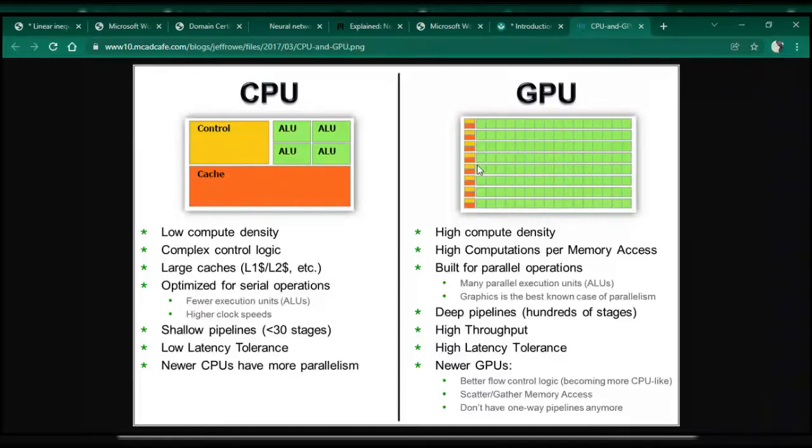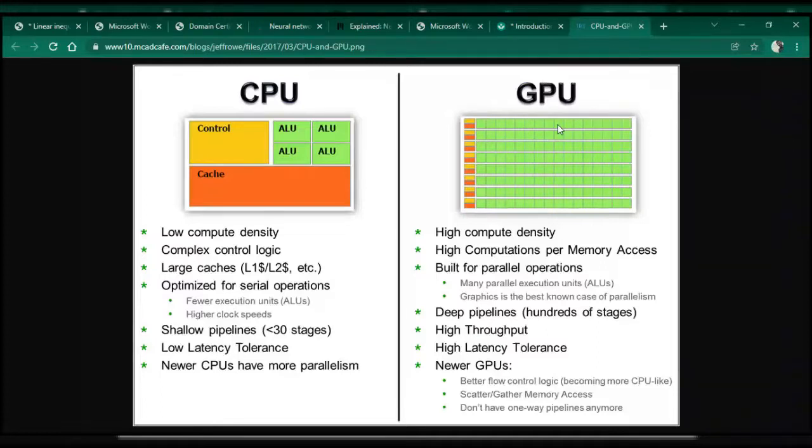Suppose you give 4 MCQ questions with 4 options. What the CPU does is, the first ALU will test one question with all 4 options, the second will test all 4 options of the next, the third will test all 4 options, and the fourth will test all 4 options. When you give it to the GPU, all cores will divide one question's options, not one question each, and test them, and you will get to the result very fast. That is the GPU. However, the processing speed is slower in a GPU.